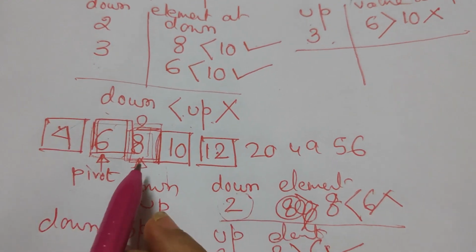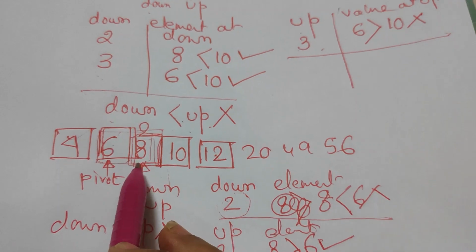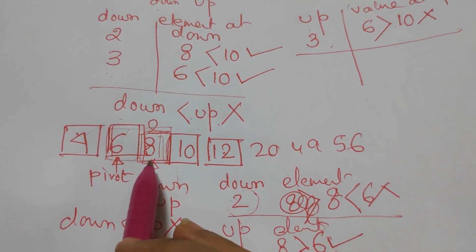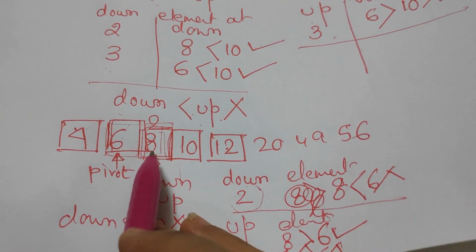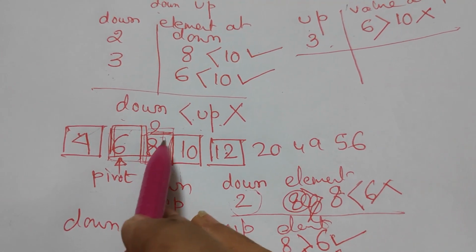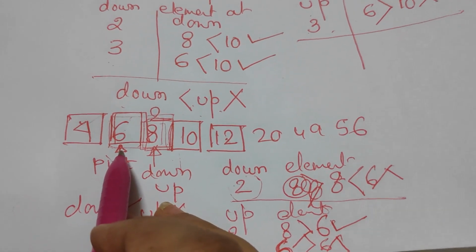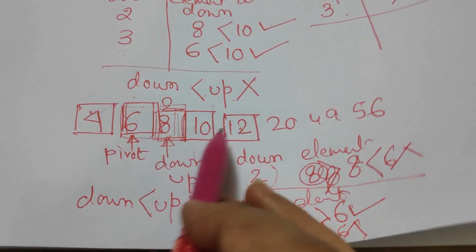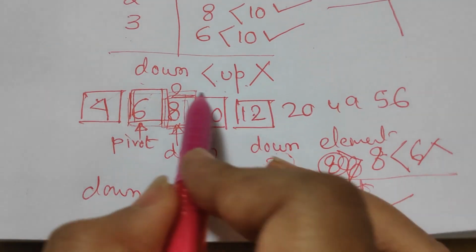And how would we know that 8 is a single number? Because when we consider this list of single number, this 8 will become pivot. And when we try to account for the down and the up index, we will not get any index on the right hand side or left hand side of 8 because 8 is a single number in the list. So therefore you see this whole list gets sorted.